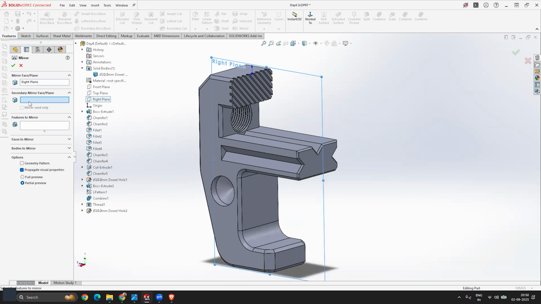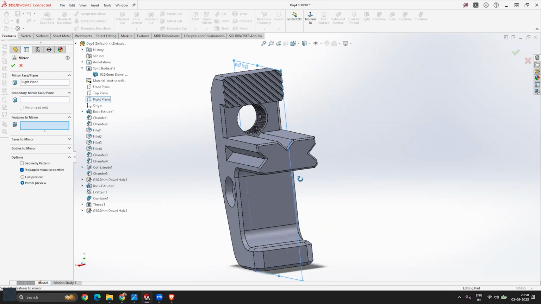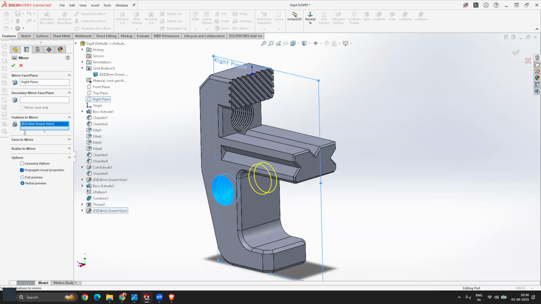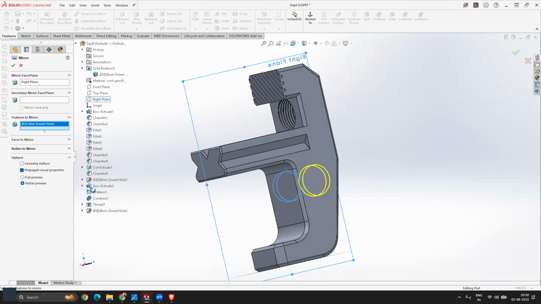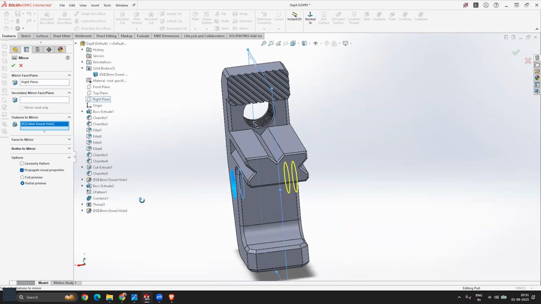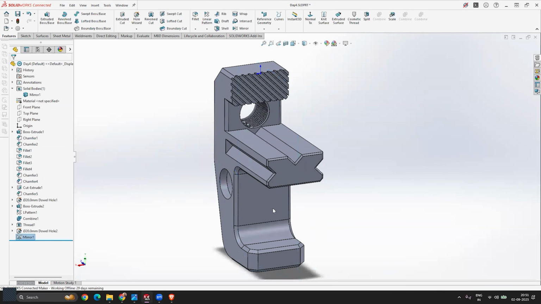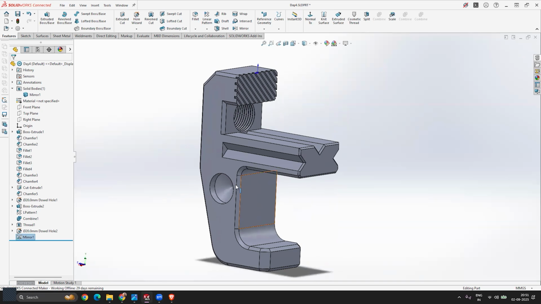Now, in the next step, it is asking me to select the secondary mirror face. We don't have any secondary mirror face, so just ignore this option. The next option is what feature you want to mirror. This is the feature, this hole that we created over here, that we want to mirror onto the other side. So I will simply click on this feature, and that feature just got selected. The moment I select it, you can see the preview. It is right. I will click on finish,